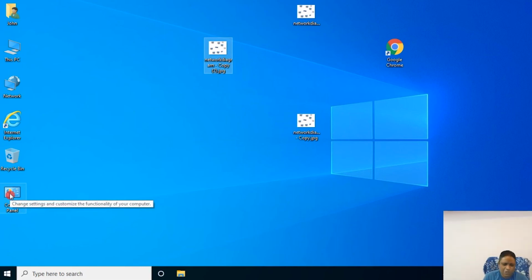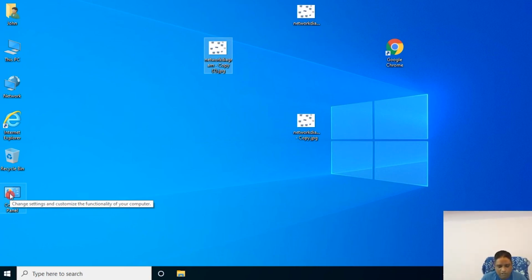And the last icon we have is control panel. So what is control panel? A control panel is used to activate or deactivate services of your computer with the help of this icon. Example, so many things are there, I will show you. So basically control panel is used to activate or deactivate many services on this computer. Like for example, you can say add remove program.